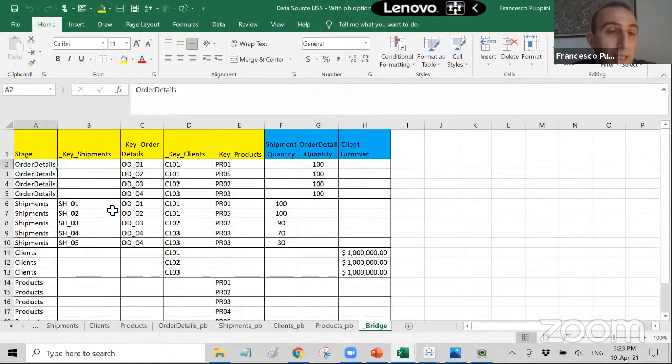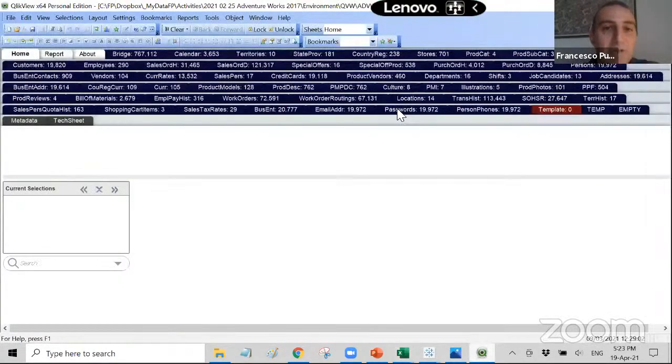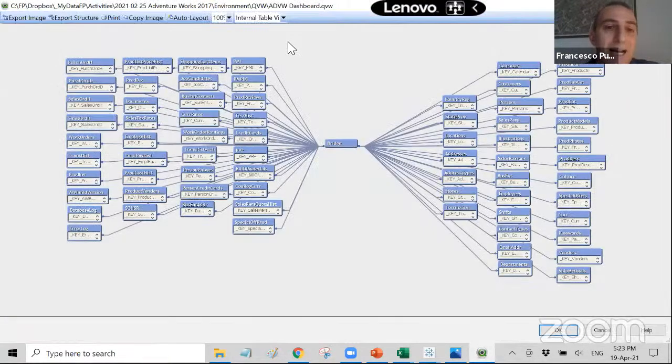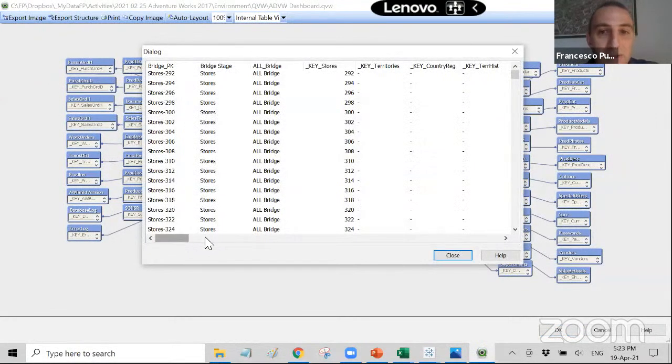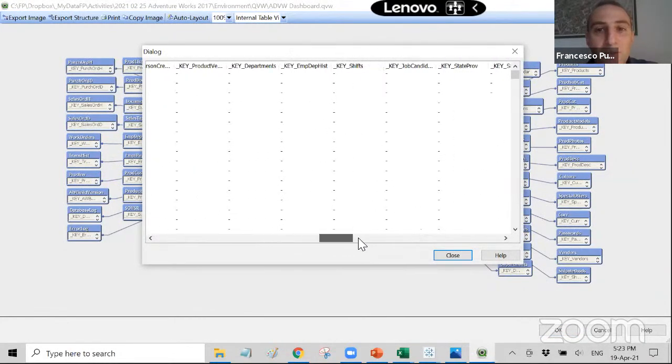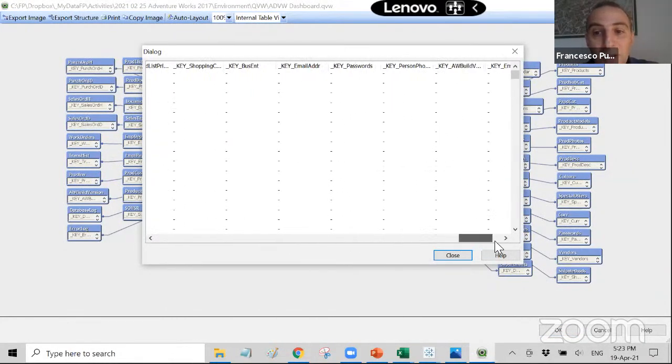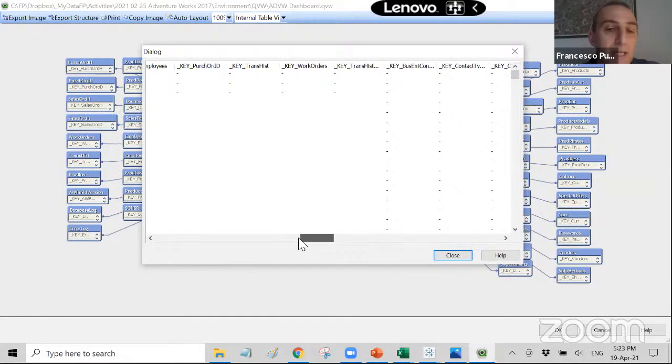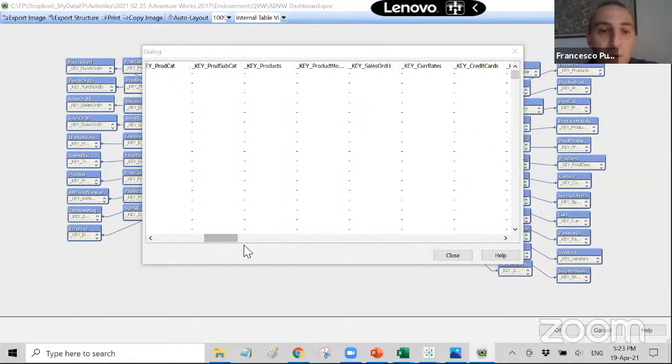It was a tricky phrase, so I'll explain it better. Imagine here, I have 71 tables, okay? So the bridge, if you look inside, I guess it has 71 key columns. This is the full bridge, but as we said earlier, you can play with the portions.